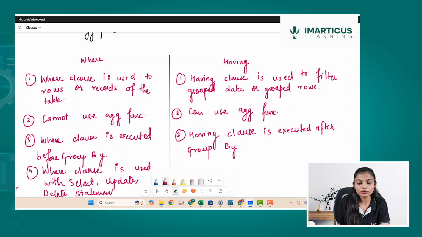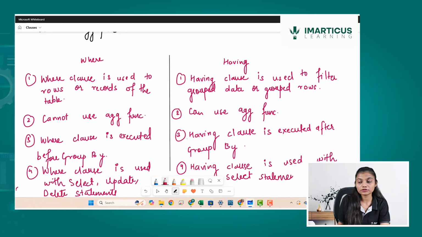The having clause is only used during the select. So the having clause is used with select statements itself, and it is not going to be used with your update, delete, and so on.